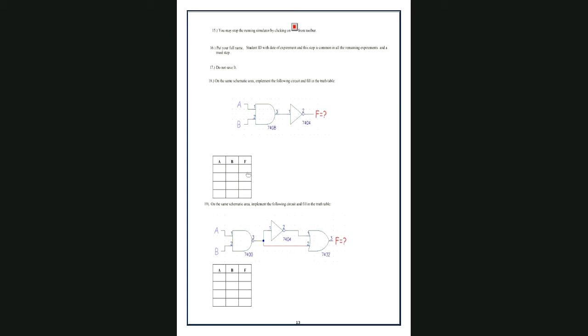Now look here, this is 19. Okay, now let's see here. We have the inputs 0 0, 0 1, 1 0, 1 1.